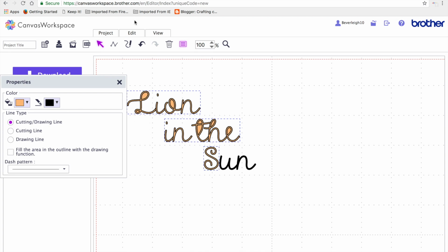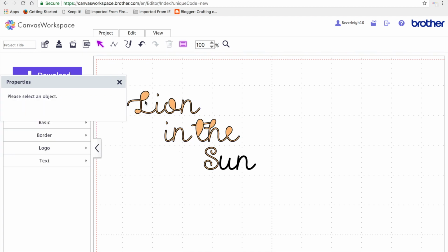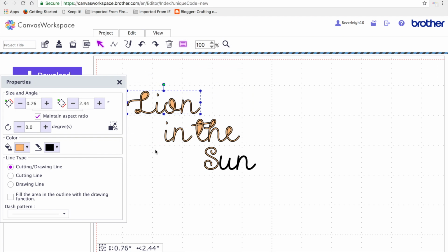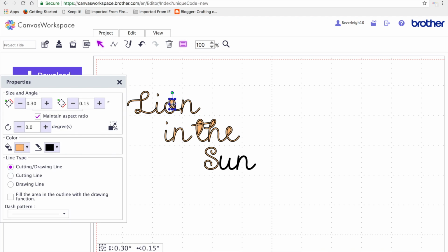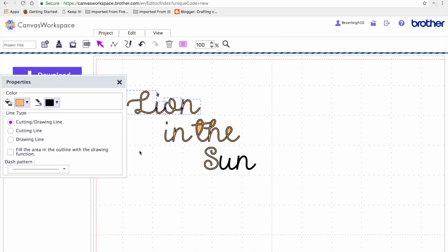However, if you want to weld the word and click weld, you'll see I'm trying to weld too many letters there. It has actually welded that hole to the L, so now you're not going to get that at all. So to deal with that, you need to select it and then go on edit, process the overlap, and divide. That divides those sections, so you can highlight them now and delete them where you need to. And now if I select that word again and edit and click weld, you'll see that,